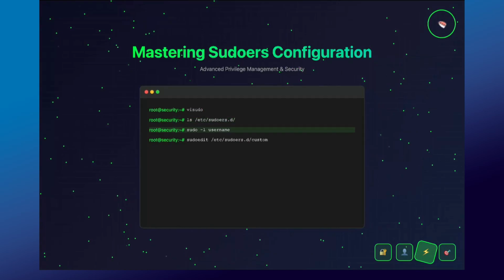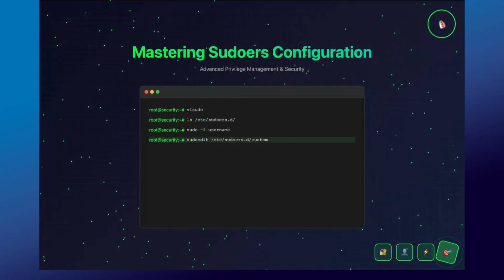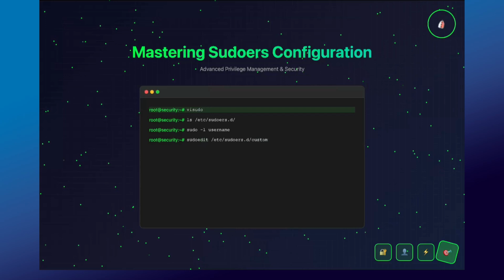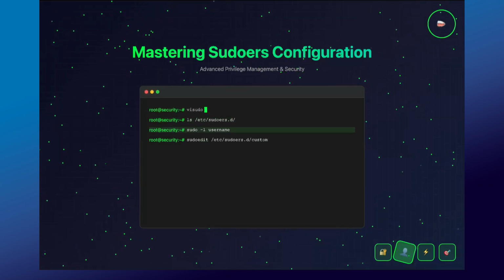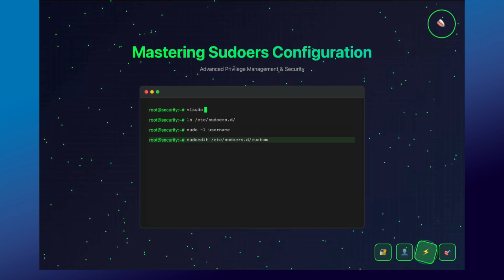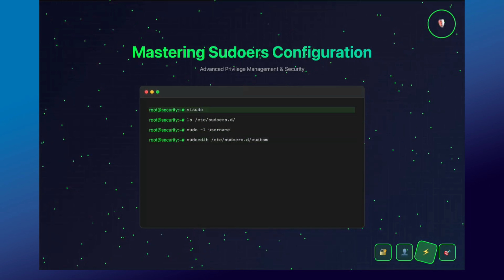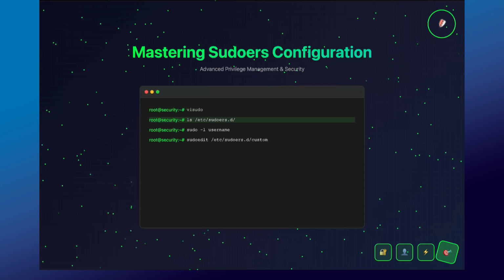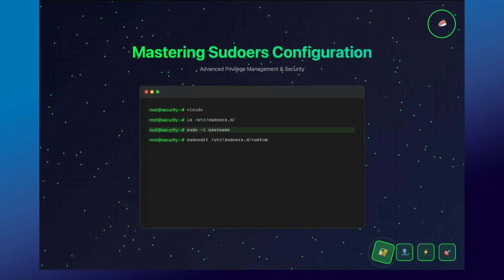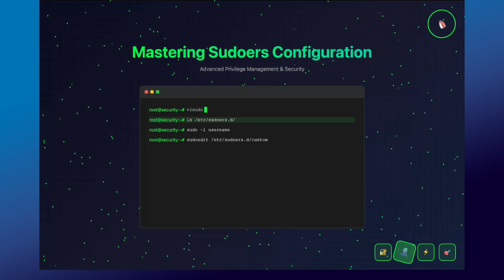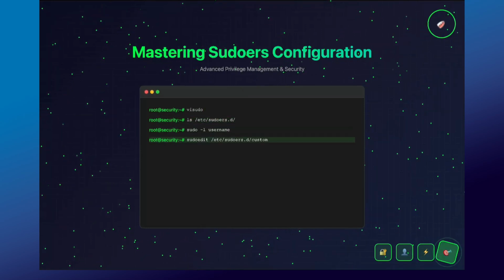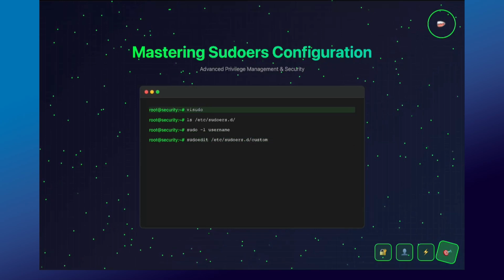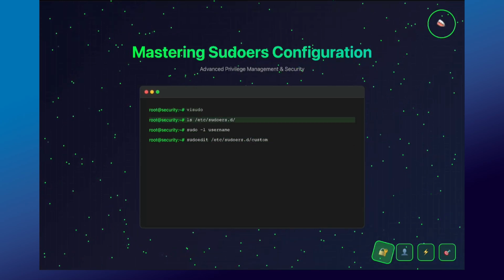Welcome to this advanced hands-on session focusing on sudoers configuration and granular privilege management. As an administrator, you'll need to go beyond basic sudo access to implement precise security policies that follow the principle of least privilege. So in this session, we'll explore the /etc/sudoers file structure, work with /etc/sudoers.d directory configurations,